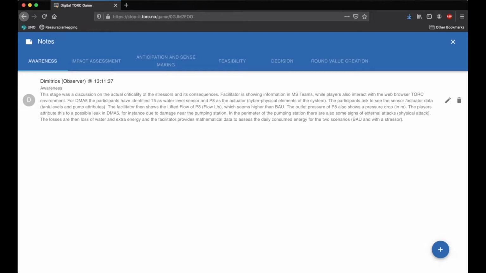That's true. The losses are the loss of water and extra energy, and the facilitator provides mathematical data to assess the daily consumption for the two scenarios. That's right. Just a little